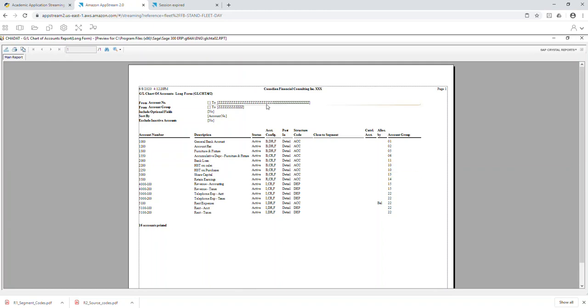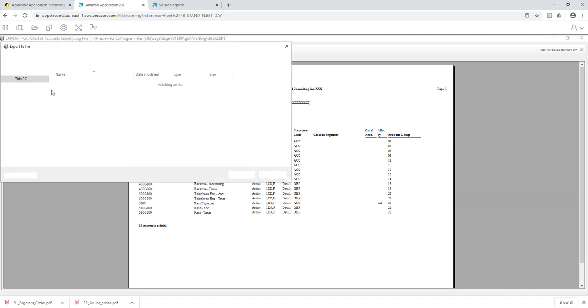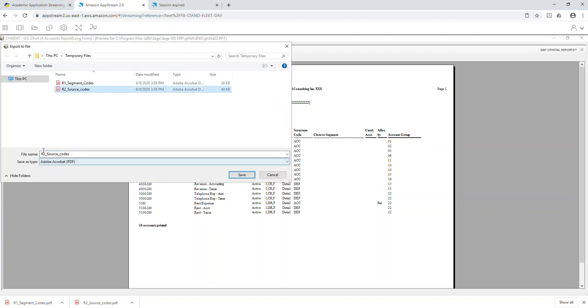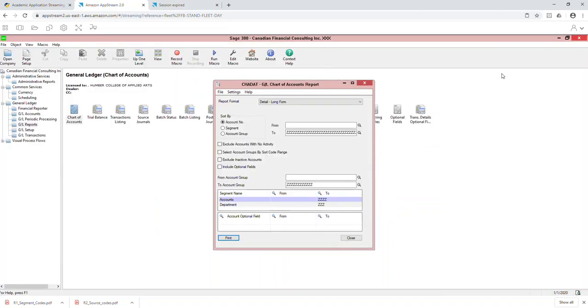And once you click print, you have your chart of accounts. You're gonna click export PDF, okay again, and now this one I'm gonna save it as R3, and I'm gonna name it as chart of accounts. Now I'm done with that. I'm gonna close this